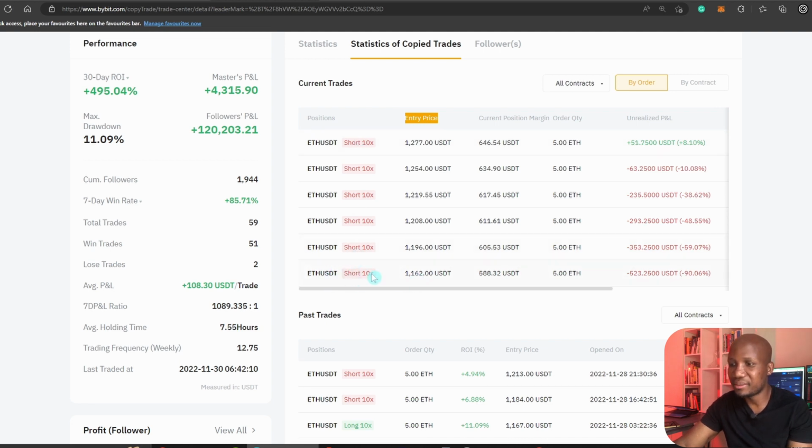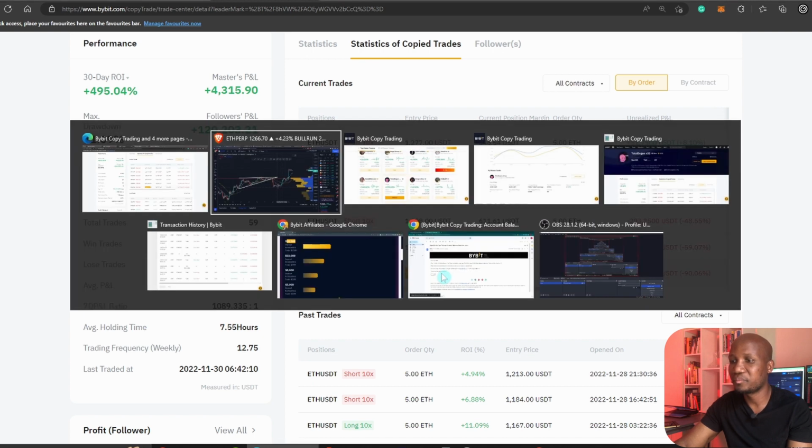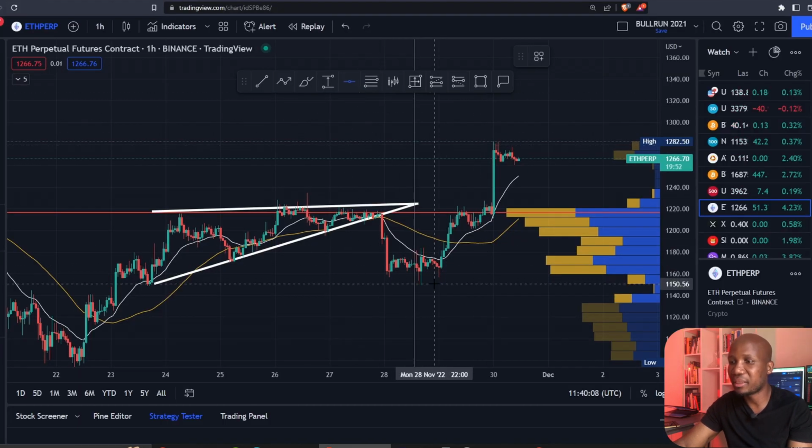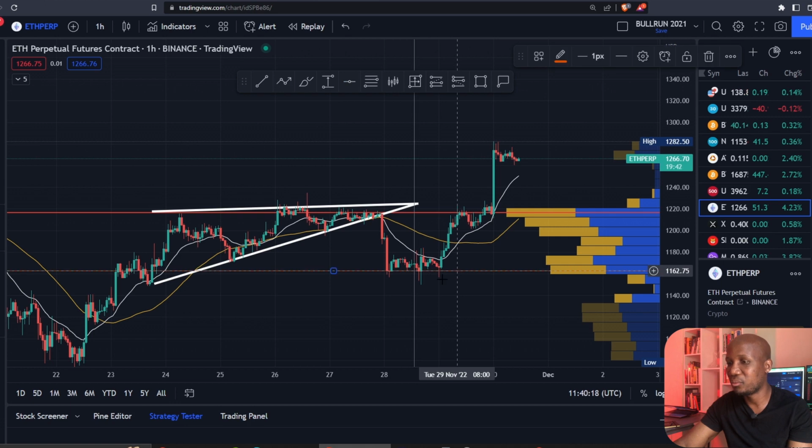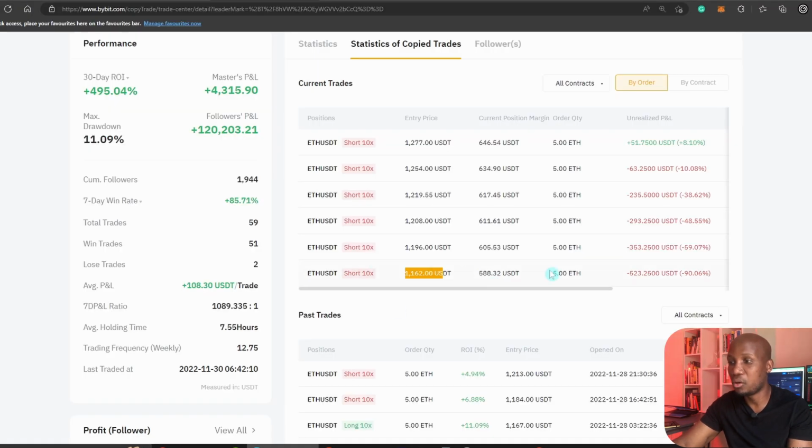So from here we can see that the trader went short when the price was 1,162. So let's come to the chart and bring in our horizontal ray, and we're looking for 1,162. This is exactly where the trader went short. Now this is exactly where he was going short, but let's get all the prices of all these losing trades. The next price is